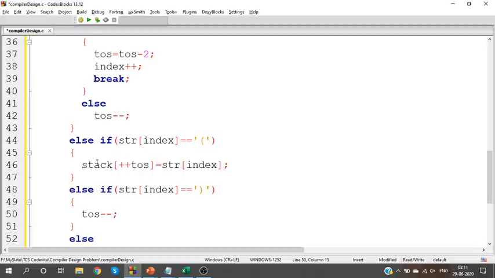Now we will handle the exceptional cases. Some cases may not match. As we know already, for a closed bracket, we should have a matching open bracket. Right? Sorry, your stack should contain a matching open bracket. For a closed bracket, the stack should have a matching open bracket. Okay, what are the problems we may face with an open bracket?